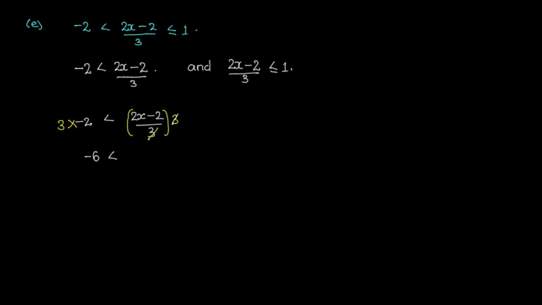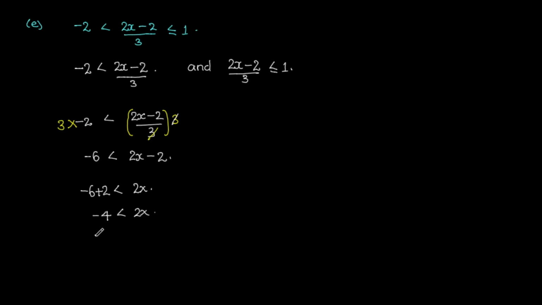So finally we're left here with 2x minus 2. So for like terms, we have -6 plus 2. This must be less than 2x. Simplifying this, we have -4 is less than